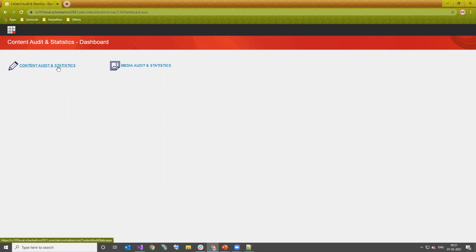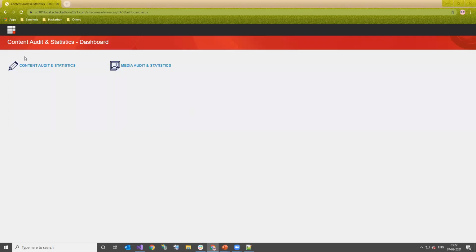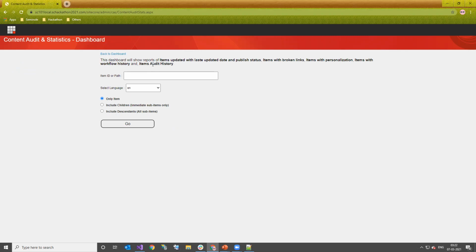First, let us see the reports generated through the Content Audit and Statistics dashboard. This page would be presented with different fields where we can enter the item ID or path, select the language, and also select one of three options: getting results only for that particular item which we have given the item ID or path, including the immediate sub items, or the third option, including all the descendants, that is all the sub items under the item ID or path that we have provided.